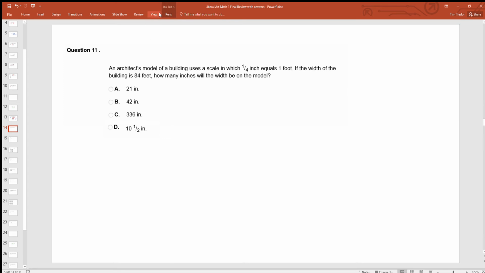All right, question 11 says an architect's model of a building uses a scale in which a 1/4 inch equals 1 foot. If the width of the building is 84 feet, how many inches will the width of the model be? So I'm going to change this to a decimal. So 0.25 inches to every 1 foot